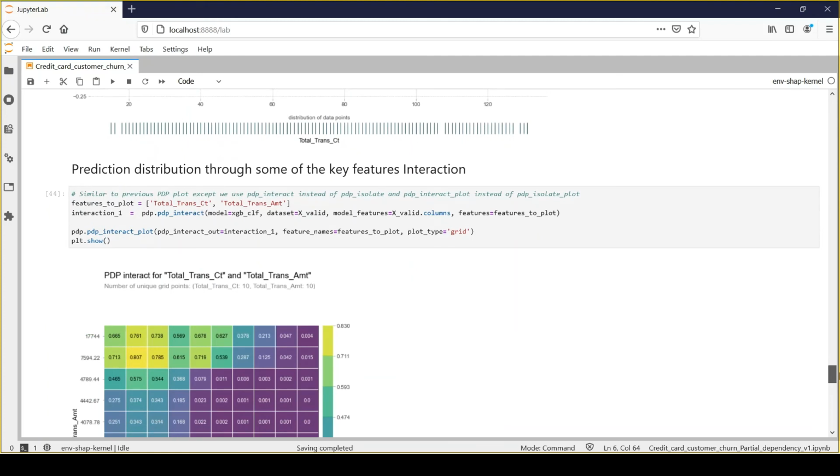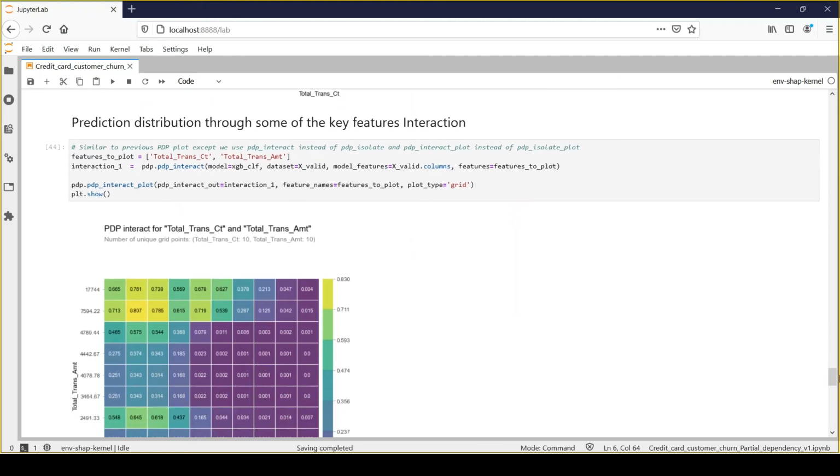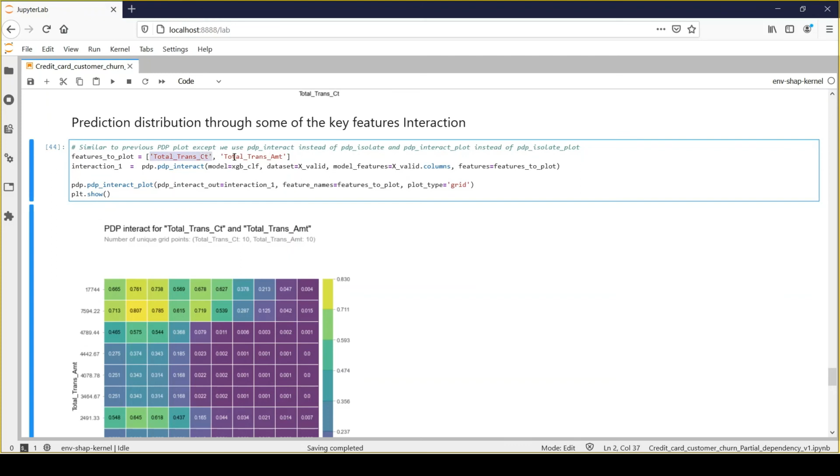The last thing which we can explore from the partial dependency plot is the interaction. How these two features will interact with the prediction, right? So for this we will be using two functions, which are PDP interact and PDP interact plot. So again, here we need to provide the classifier, your validation data, feature columns, and features to plot, right?